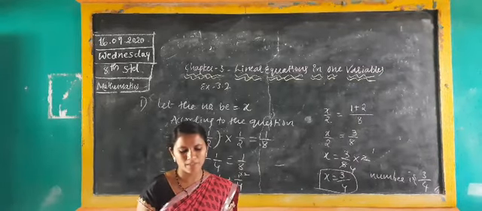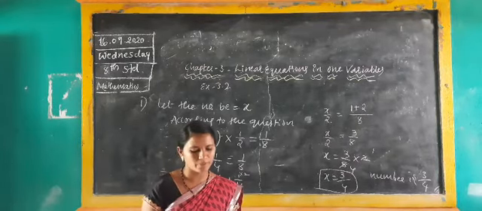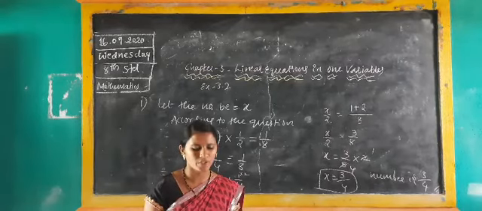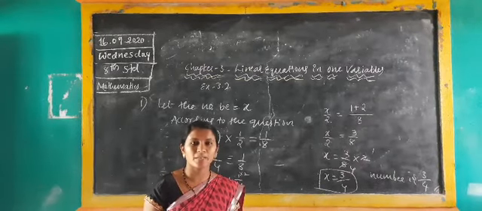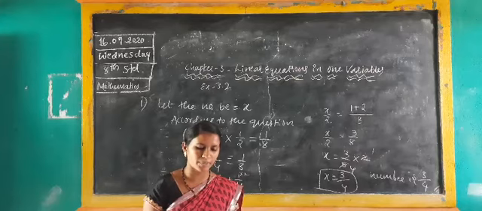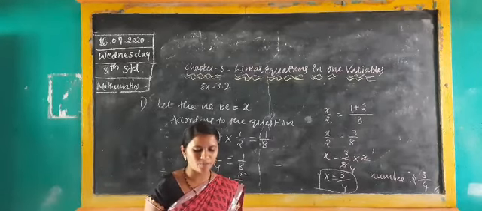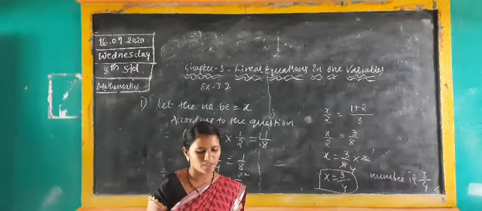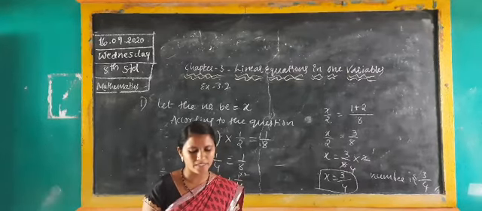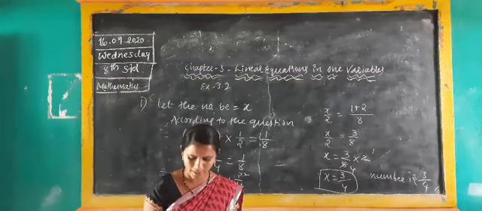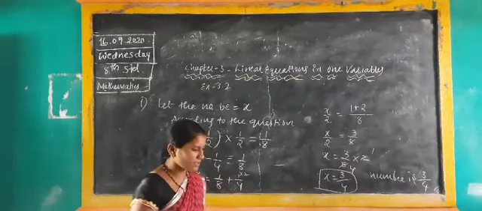Length will be 2 more than twice the breadth, and breadth we don't know. How much breadth, we don't know, so you have to keep breadth as x. Assume breadth will be x. Twice will be length, meaning 2x plus 2. What are the length and breadth of the pool? You have to find the length and breadth. Write down the second one.